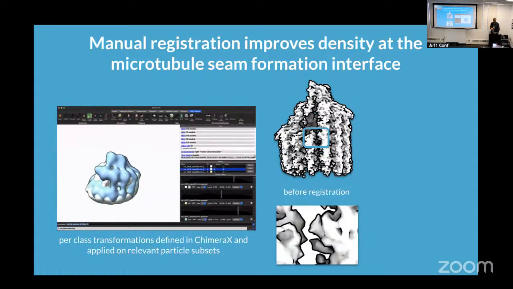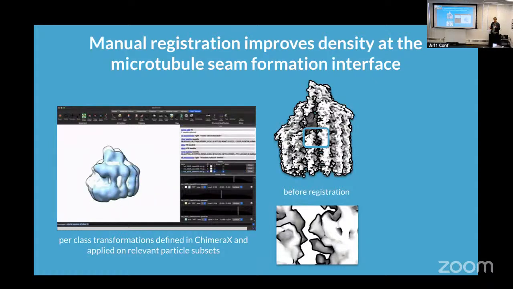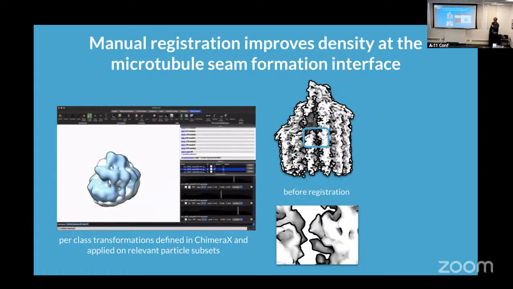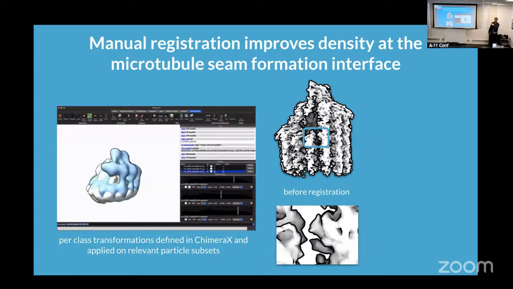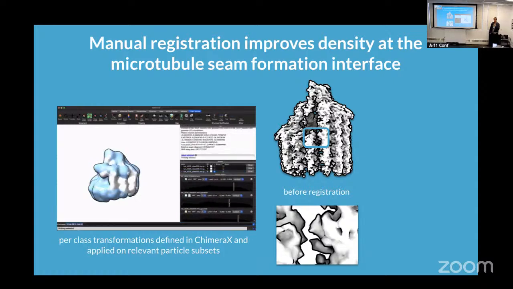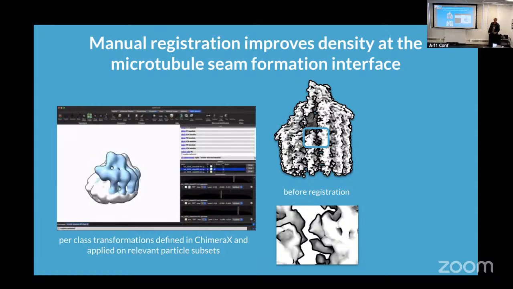I developed a little workflow. We like to manipulate things in Chimera. We all know that this is where we're comfortable. I set it up so that you can just align the classes to each other. You choose one class that's your fixed one, and then you align the rest of them to it, and then apply these transformations to your sets of particles in the classes that are moving. And then after having done this and rerun a refinement in these new orientations, just locally putting everything back into place,